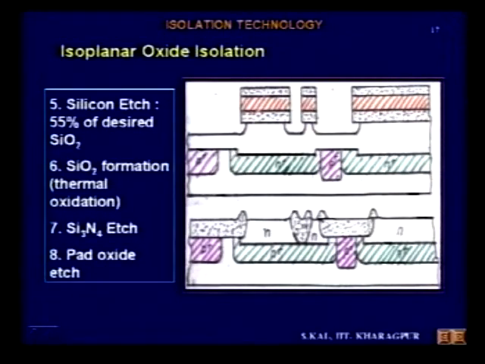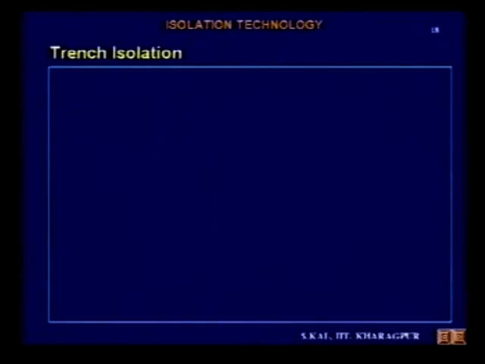Okay. Next, I will discuss another process which is highly suitable for VLSI or ULSI fabrication. This is also for VLSI oxide isolation. For ULSI fabrication, where the component density is nearly 10 to the 5 or 10 to the 6 parts per centimeter square, which sort of isolation technology is used in those cases? That is trench isolation. I will discuss that point now. Trench isolation.